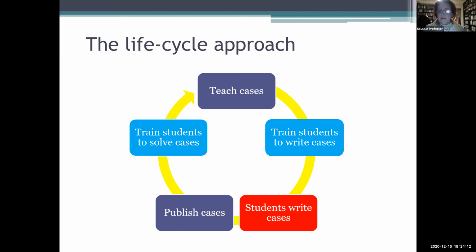The life cycle is the life cycle of a case. Of course, everything starts with getting the cases. You can get them from the usual depositories. For professors, access to cases is free. You don't pay anything. They check that you're a professor, and then they give you the access. So you find cases based on keywords, and you find teaching notes with the cases, and you try to teach a case or two in your class. Of course, you don't have to teach 10 cases, as I once did.